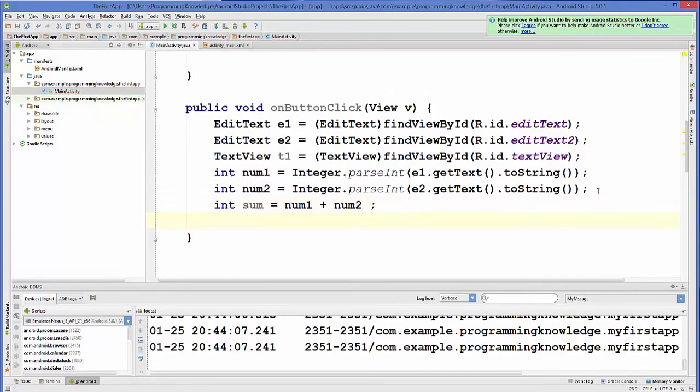So this will give us the sum of these two numbers, and then we can display this sum to our